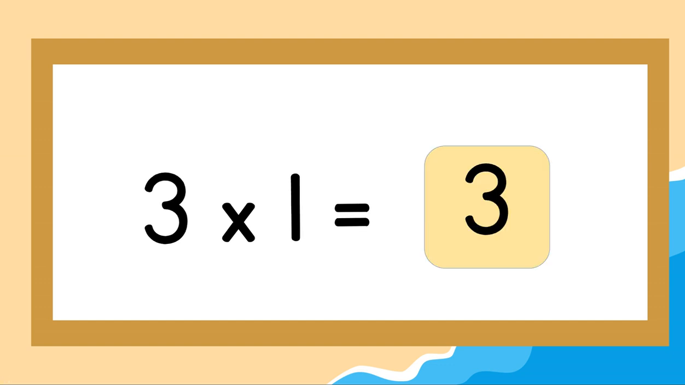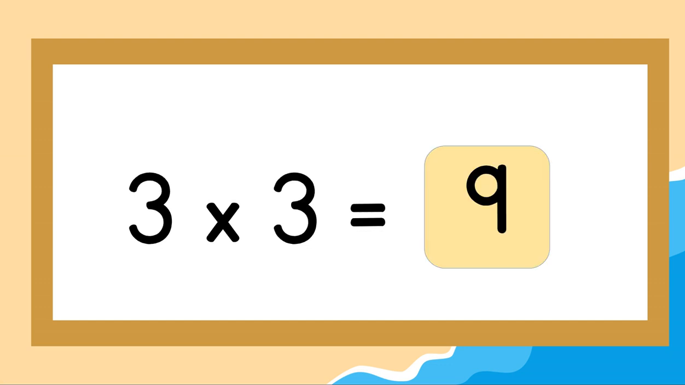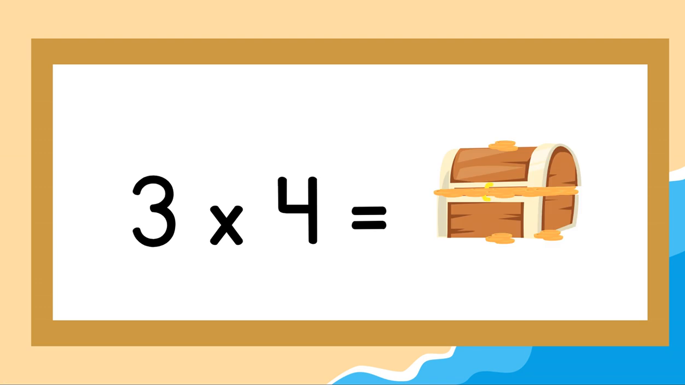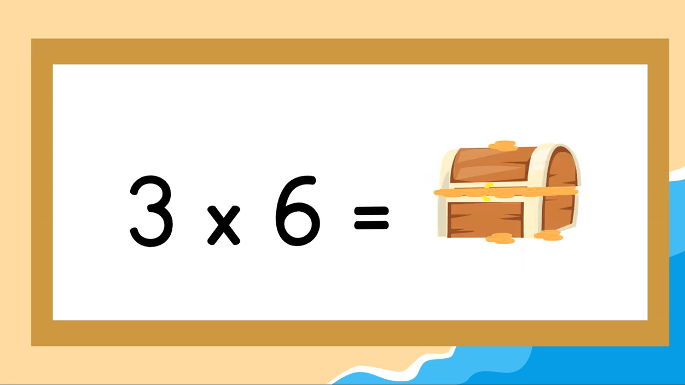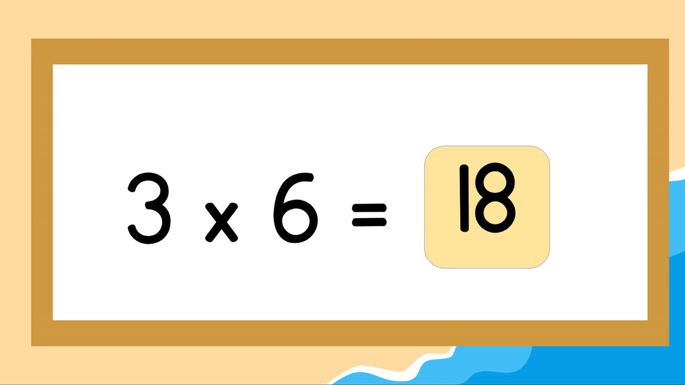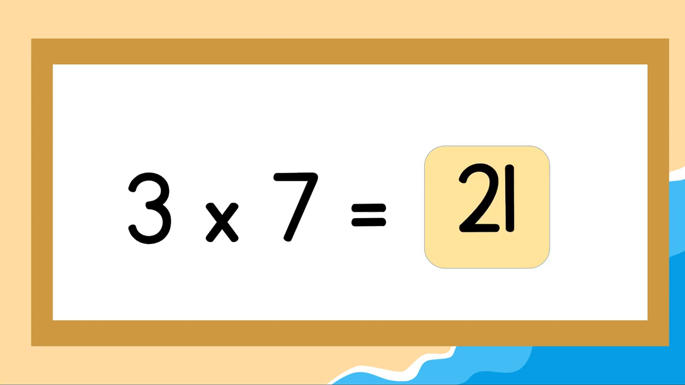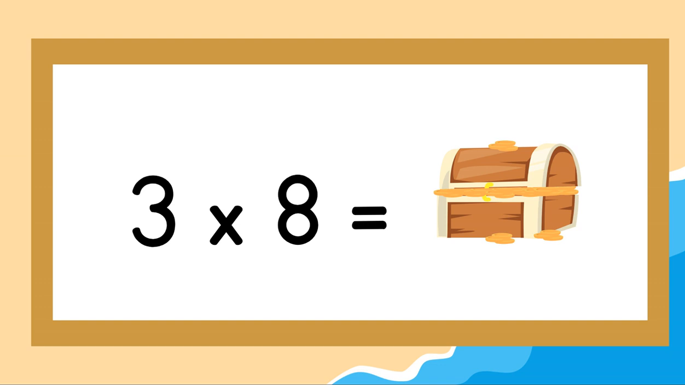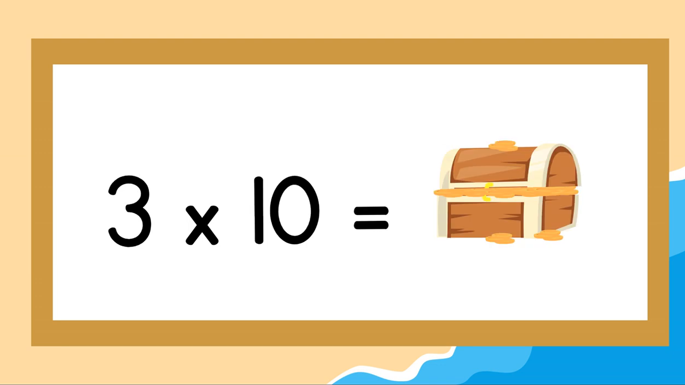3 ones are 3. 3 twos are 6. 3 threes are 9. 3 fours are 12. 3 fives are 15. 3 sixes are 18. 3 sevens are 21. 3 eights are 24. 3 nines are 27. 3 tens are